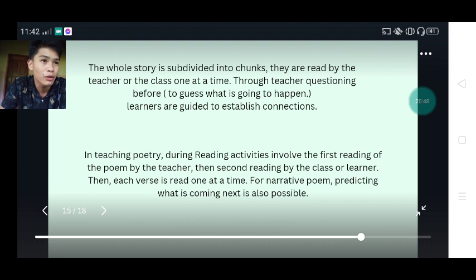Kibali, i-sequence nimo, i-deliver nimo ang usa ka story or usa ka poem in a manner of sequence, or ipa-predict nimo sa students what should be the next nga mahitabo sa usa ka story.